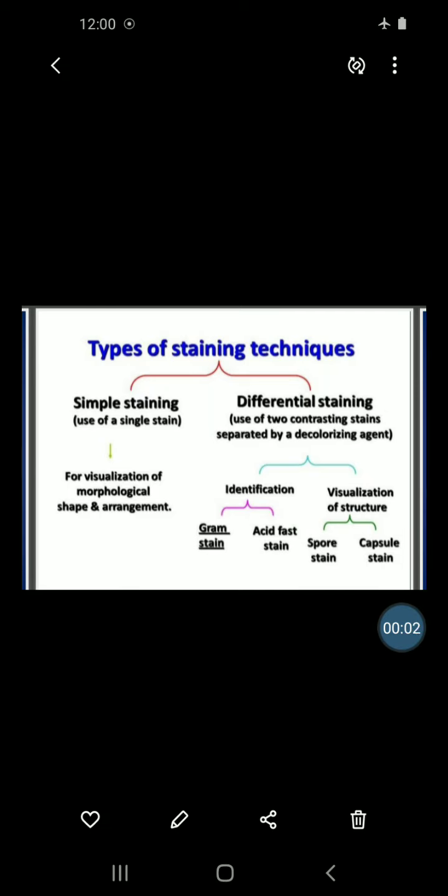Good morning, friends. In the last practical, I discussed the acid fast staining. Today, we will see the next practical, that is simple staining. I have discussed earlier